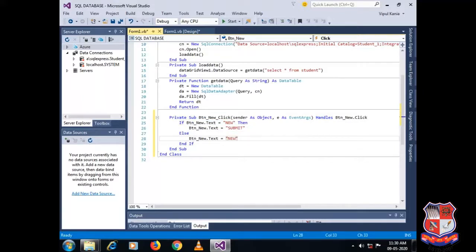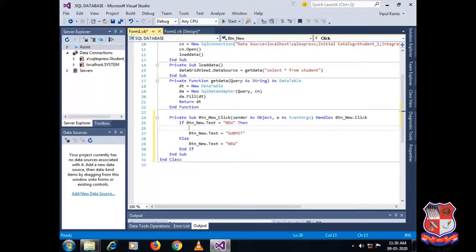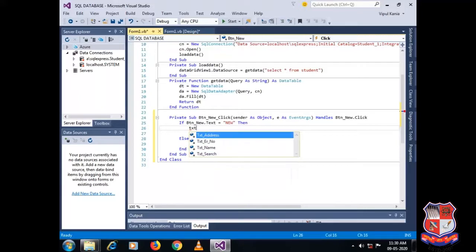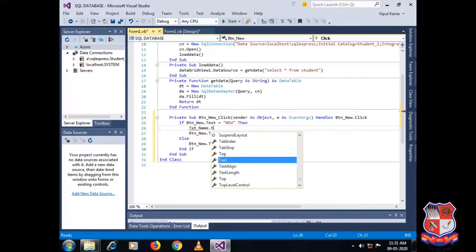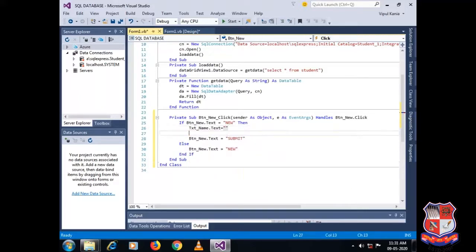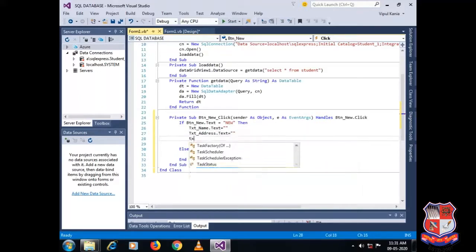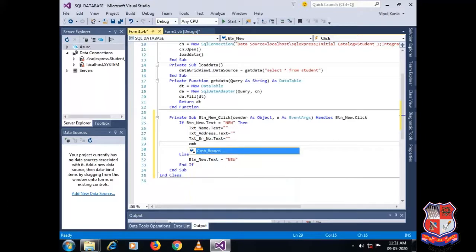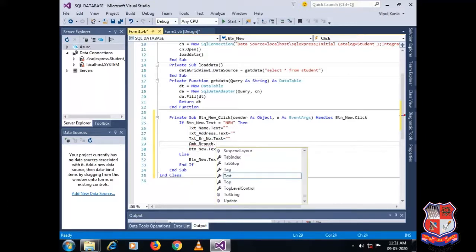As soon as I click on the new button, first of all the text boxes need to be cleared. So txtName.Text is equal to blank, txtAddress.Text is equal to blank, txtEnrollmentNumber.Text is equal to blank, cmbBranch.Text is equal to blank.